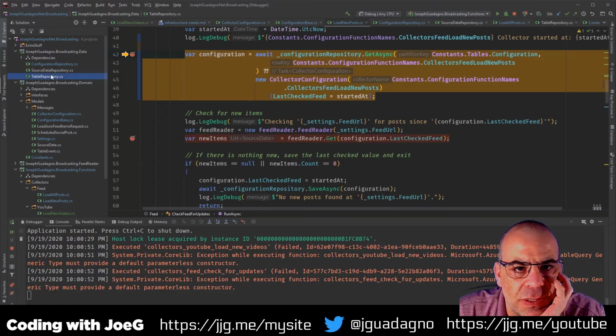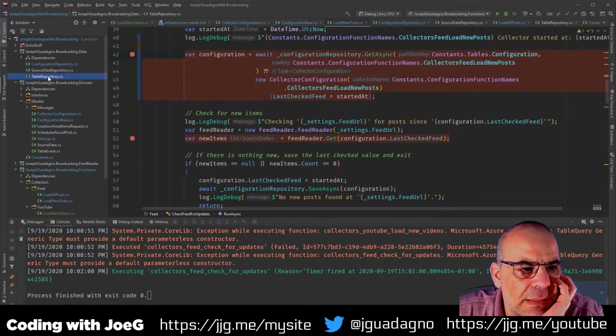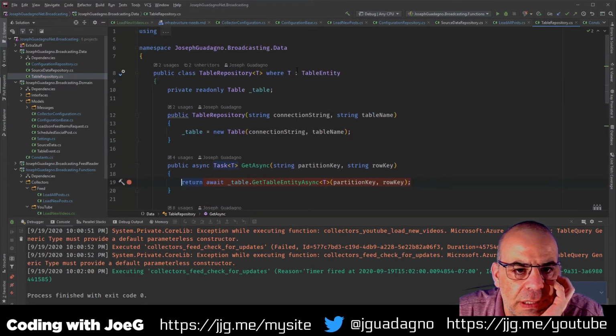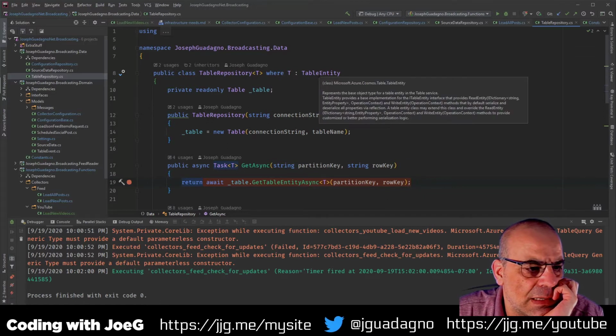Table repository. Oh, this doesn't have one. I don't think I need one for repository unless I need one for table entry.